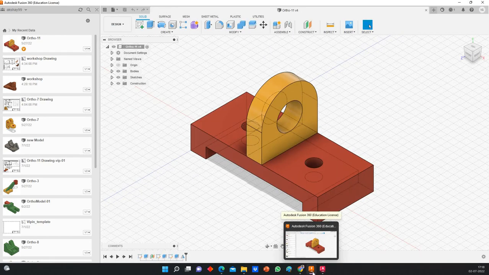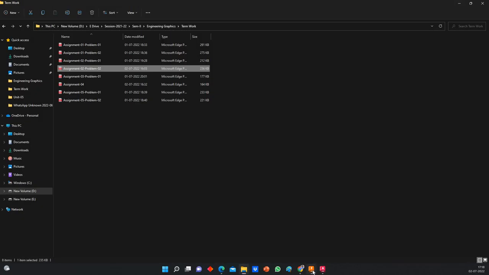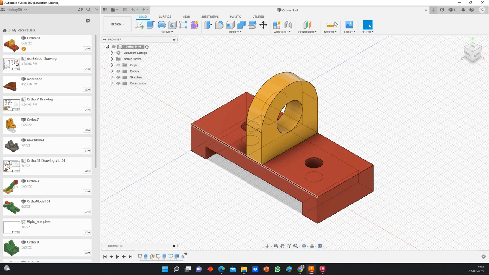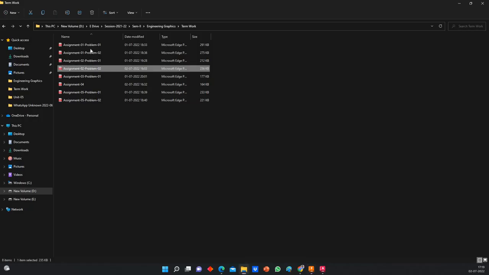So the next problem is, okay, we have taken this problem. For this problem also the steps are the same. You have to write down the same steps here. I'm not going to explain this problem, since it is just similar to the problem I have explained earlier. Okay, then the next problem is for assignment number 1, 2